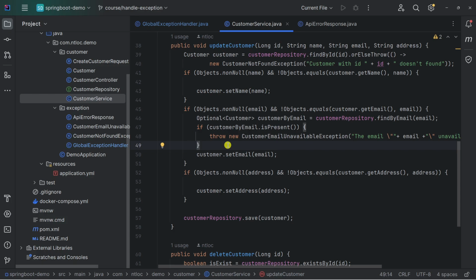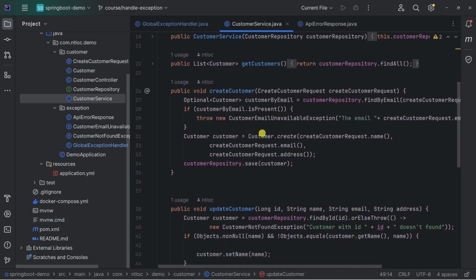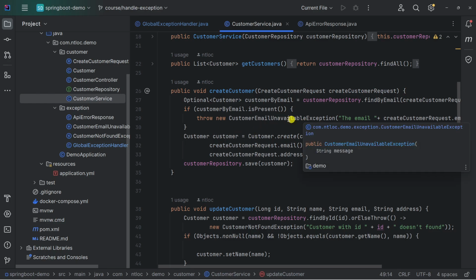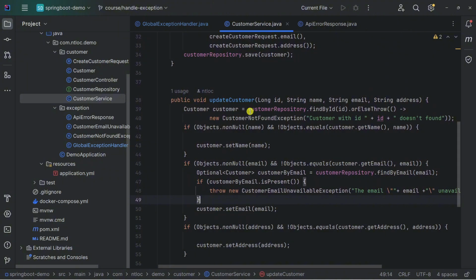Go back to IntelliJ. Now currently we have three business exceptions here. We have the customer email unavailable exception for both the create customer method and the update customer method, and also we have one exception, the customer not found exception.